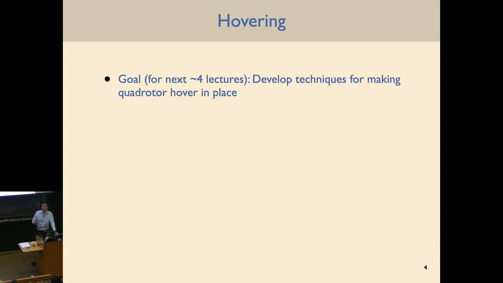For now, for the first module on feedback control, we're going to concentrate on what might be the simplest behavior you could feasibly ask for from a drone, which is simply to hover. So just hover in place, do nothing in a sense, or nothing interesting maybe. But as we'll see, there's actually quite a lot of interesting stuff that goes on just to make a drone hover. So for the next 4 lectures, we're going to develop techniques from feedback control theory to make a drone